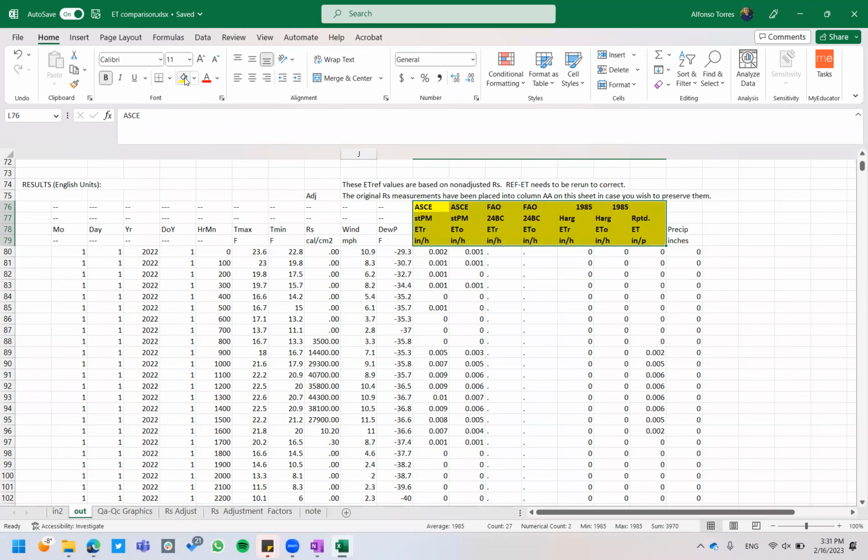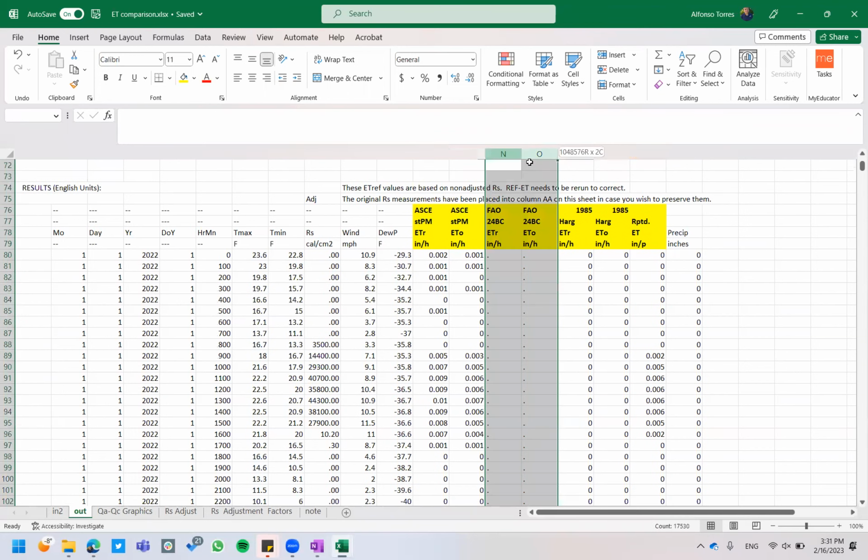What is this? This is the worksheet called out. These are the ET values from the software. So the first two are Penman-Monteith, the ASCE version for reference and potential. Then we have Blaney-Criddle, ETr and ETo in inches per hour. Then we have